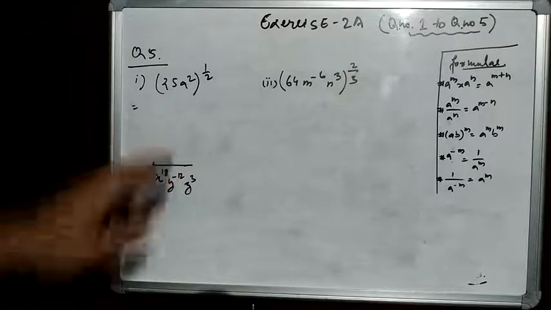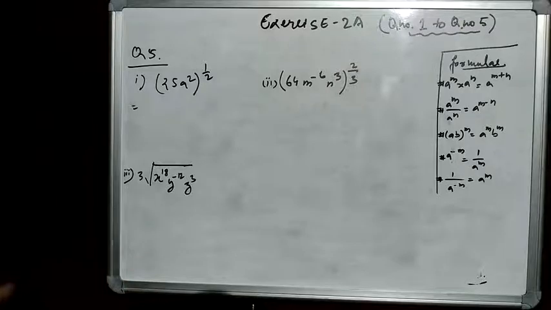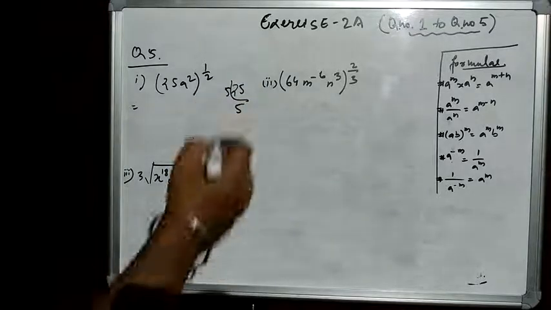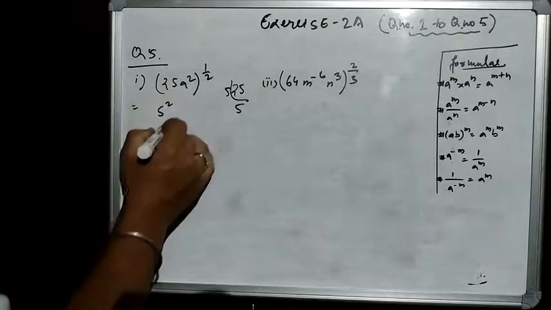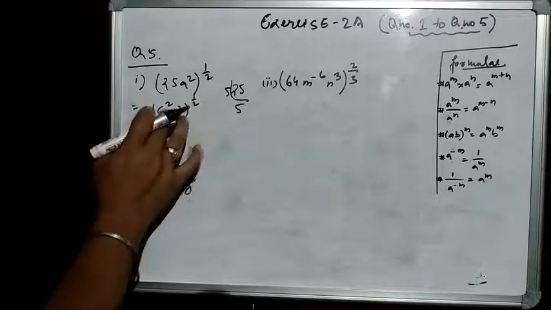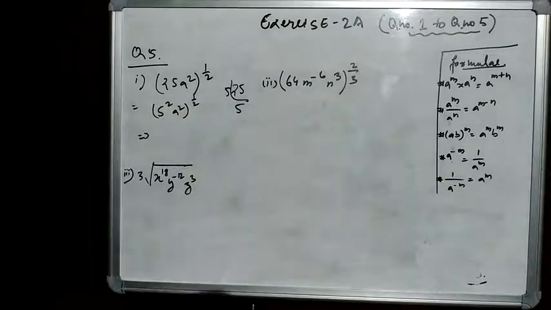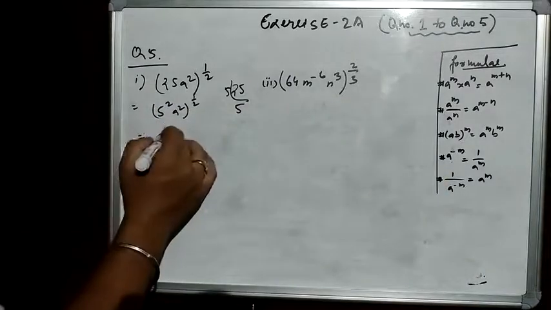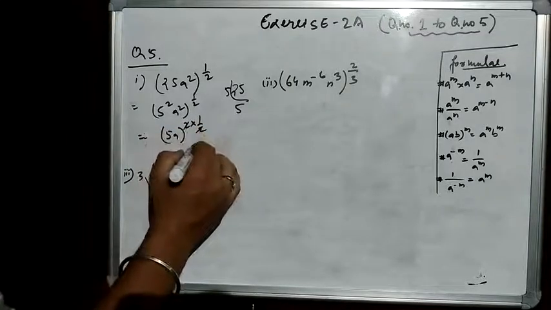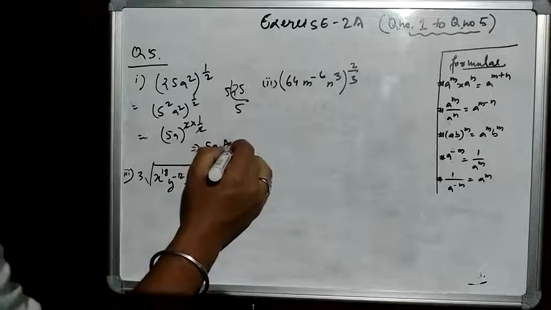Now, the question is similar to what we did till question number 4, a bit similar to these questions as well. There is 25 a square by 1 by 2. So first we have to take out the LCM of 25. If you take out the LCM of 25, then 5 square will come. So eventually we will write here 5 square, a to the power 2, 1 to the power 2. So we have both squares, so we can take a common square out from here. So 5a square into 1 by 2. 2 will cut. Answer is 5a.